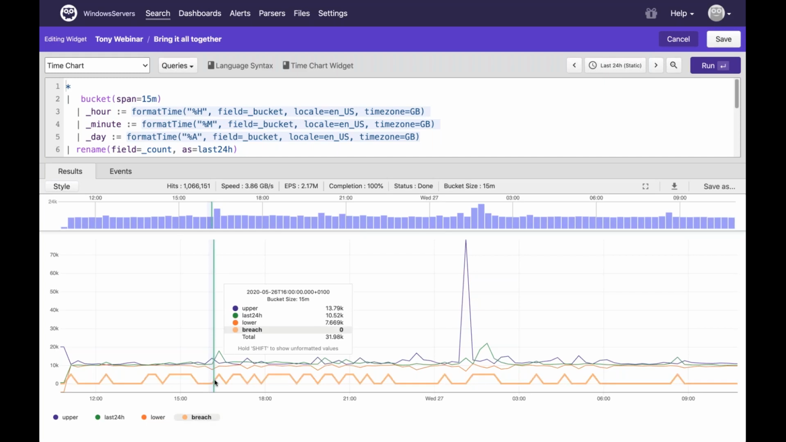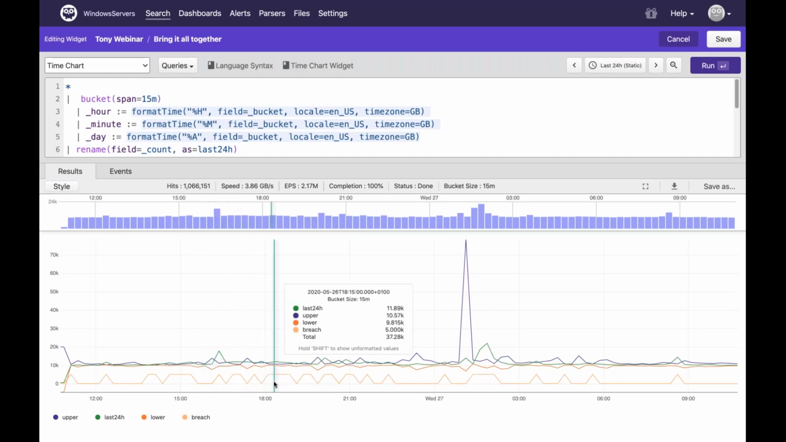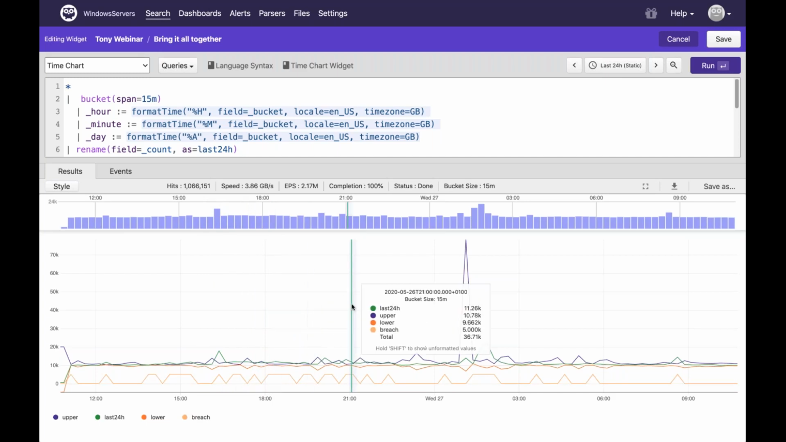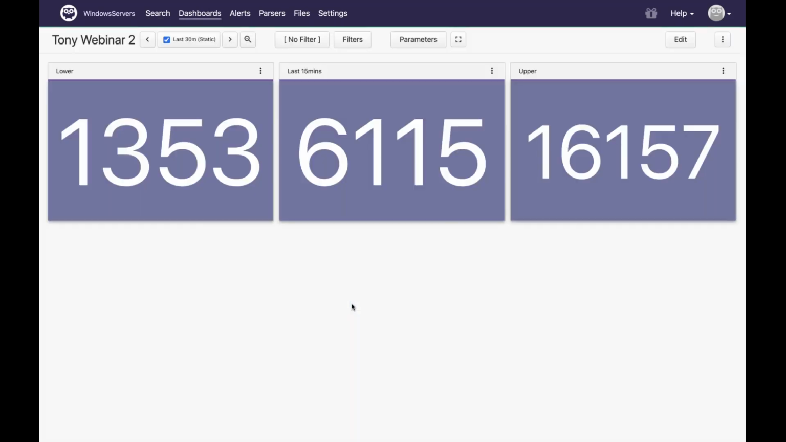This line along the bottom is just supposed to be kind of pointers. There's not actually any data there. I'm just using that as a pointer to where the breaches occurred. And nice, I haven't got too many, so it's not going to be too noisy. I can obviously tweak this and refine this. And this was the one that within 15 minutes of it occurring, we were able to tell when a breach